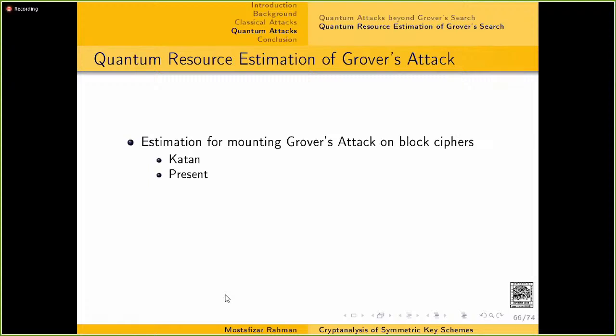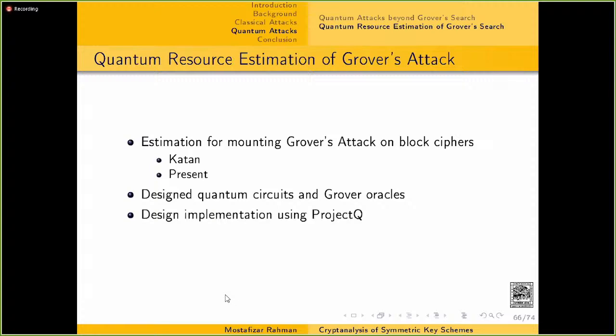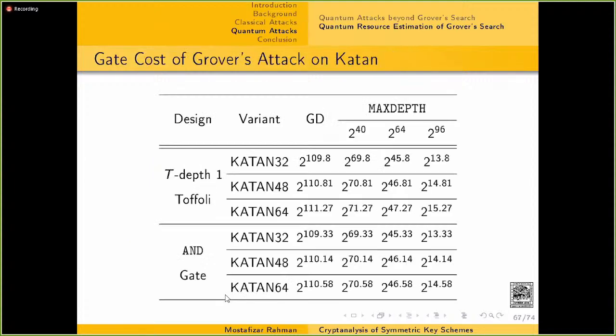For that, we have considered two lightweight block ciphers, KATAN and PRESENT, and we have designed quantum circuits and Grover oracles for both of these designs. We implemented them using the ProjectQ framework, which has a special operation that can estimate the required resources in an automated way. So we have used that tool and estimated the resources. And these are the results that have been